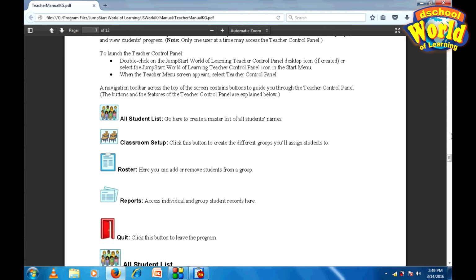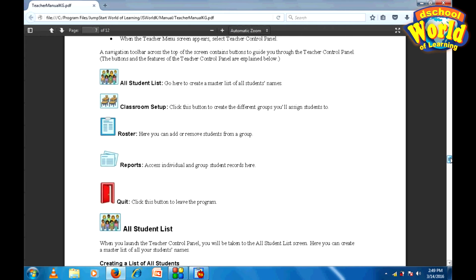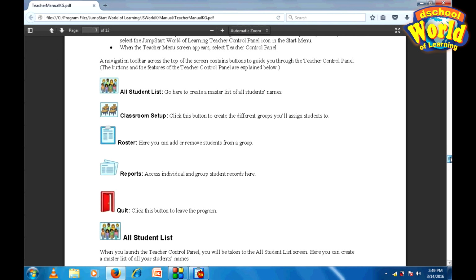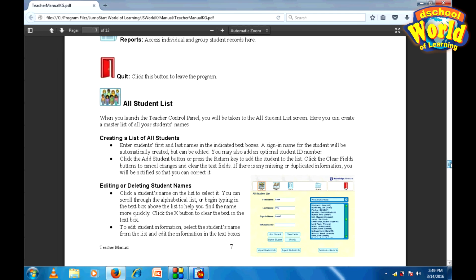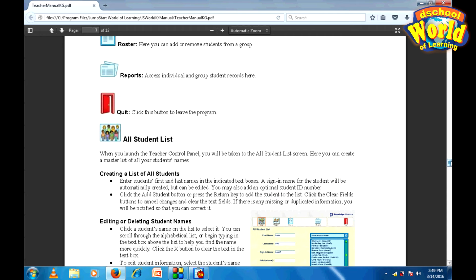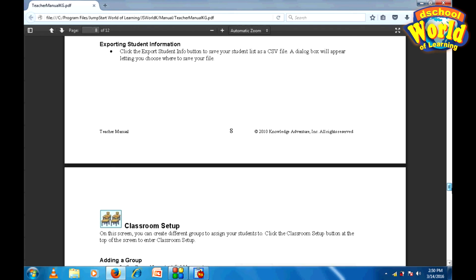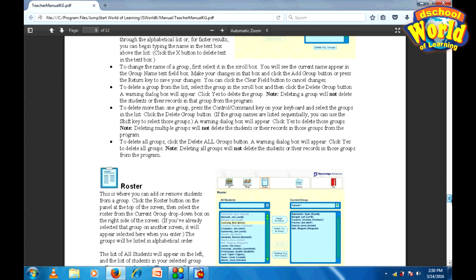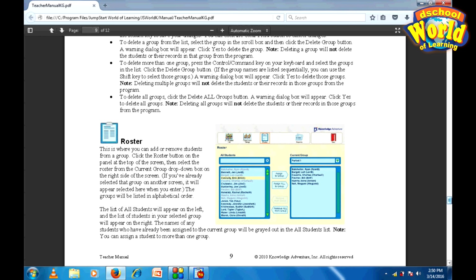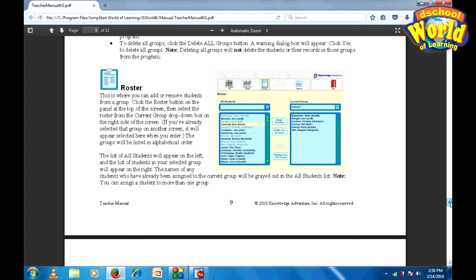What I recommend is that you print this out, have a copy of it, so that it can help you as a teacher on how to add students, remove students, check, and even print out their reports after they have done any activity inside the game. So make sure you have a copy printed out for the smart class, and also for the teachers inside the staff room to go through later on.